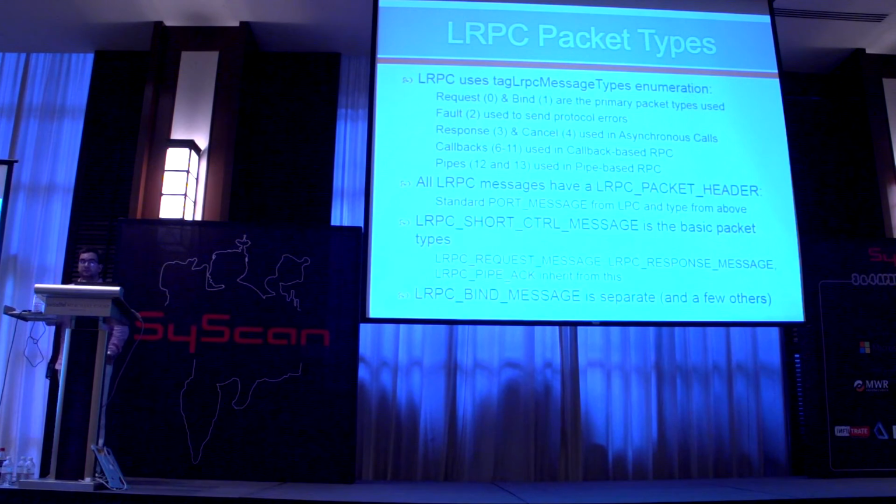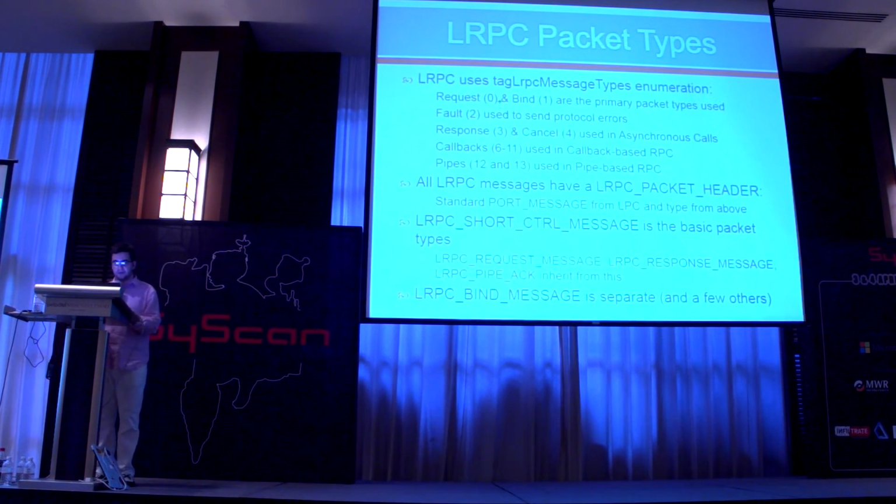Now this function handles different types of messages, and they're all defined by this enumeration called tag LRPC message types. And so you can have requests, which are basically RPC calls, or you can have the bind request, which is sent to the connection. You can have fault messages, which are used for errors. You can have responses or cancellations, which are used when you're doing asynchronous calls. There's something called callback-based RPC and pipe-based RPC, and so you can have that information there as well. So there's all sorts of